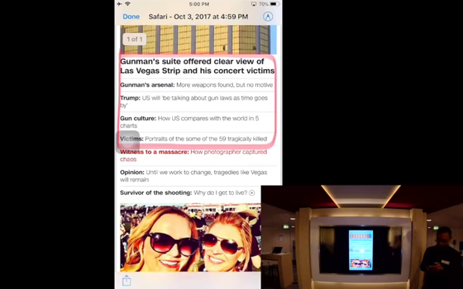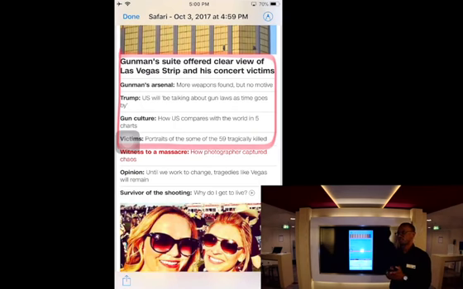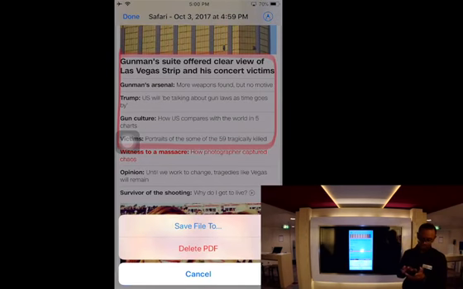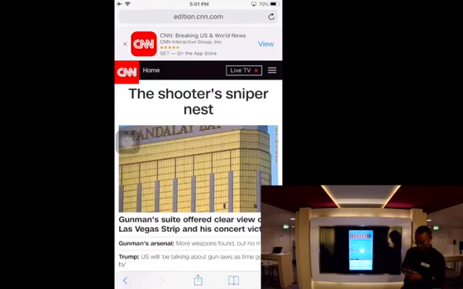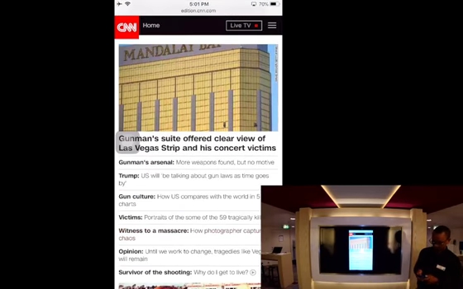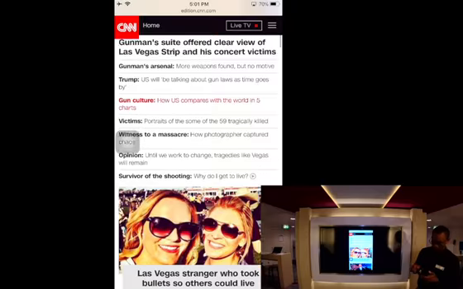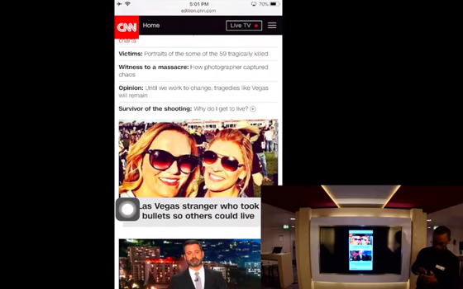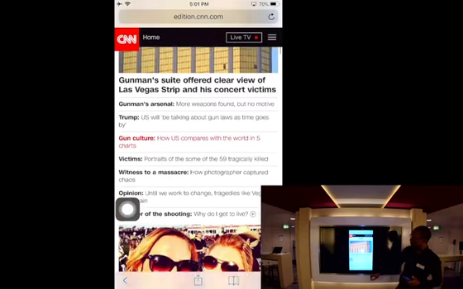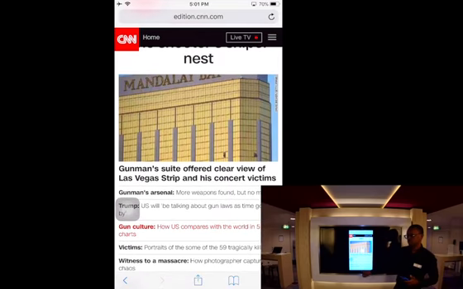Where did you find the link to create the PDF? Where was that again? Share. Yeah, it's in the share button. When you click on the share button, let me delete. I can go back. So if you see, why is that deleted? Okay. When you slide, you're going to see the share button. Yeah. We click on the share button,